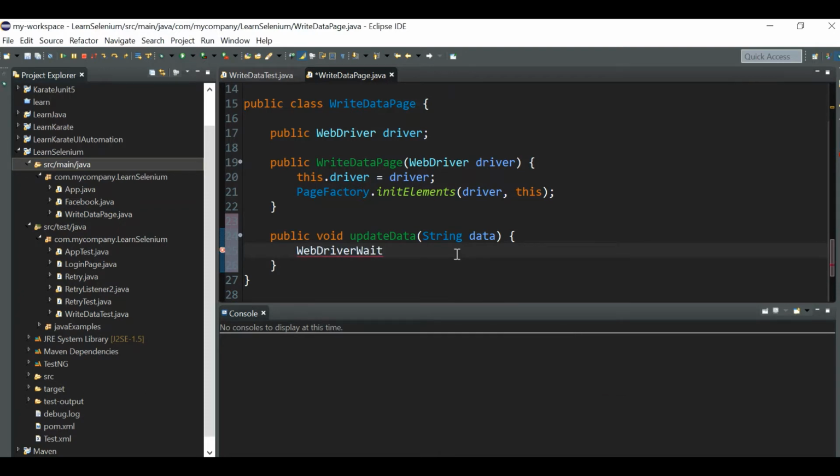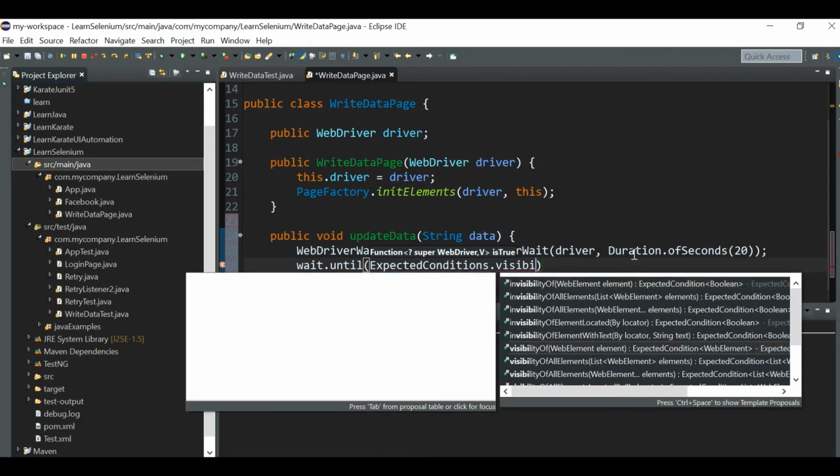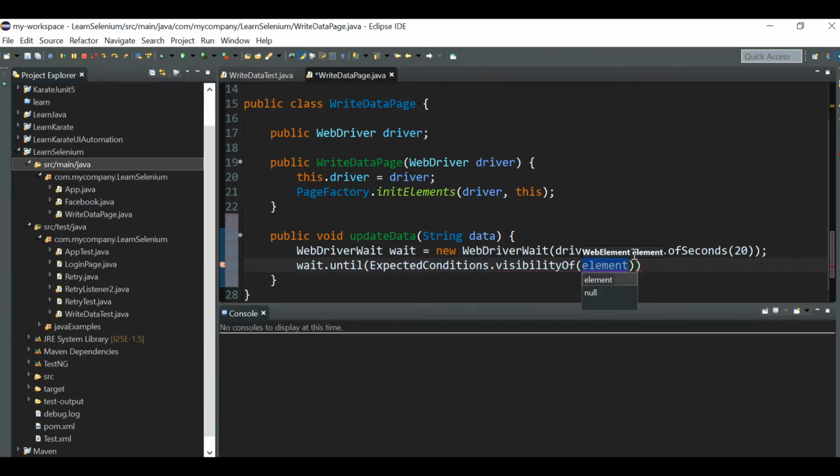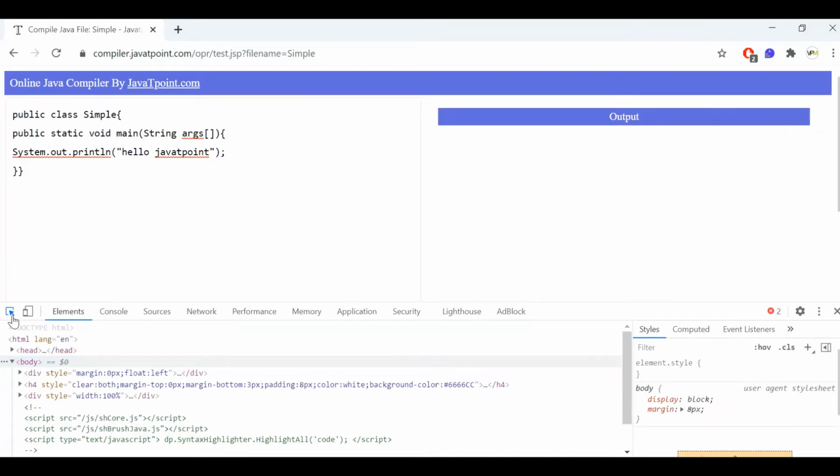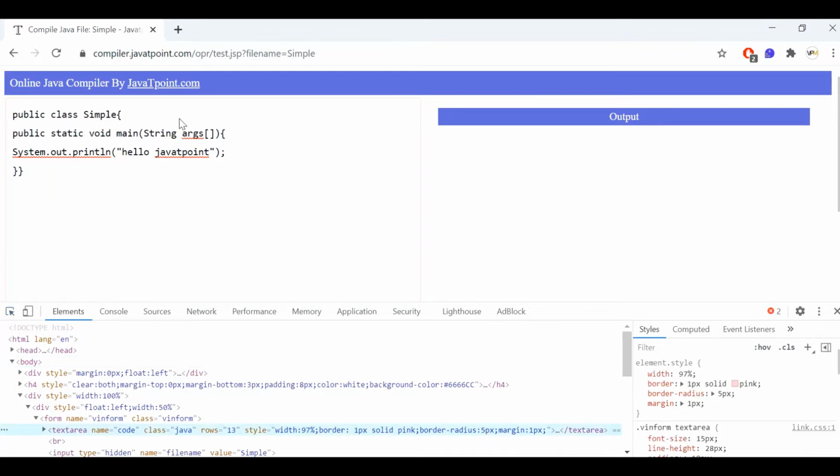So let me give a driver wait. We have to wait for the particular field, which is this field. Let's find out the web element path for that. So this is the web element path.